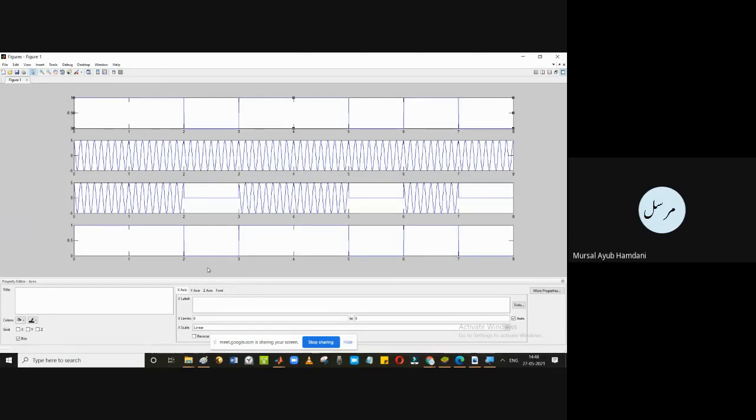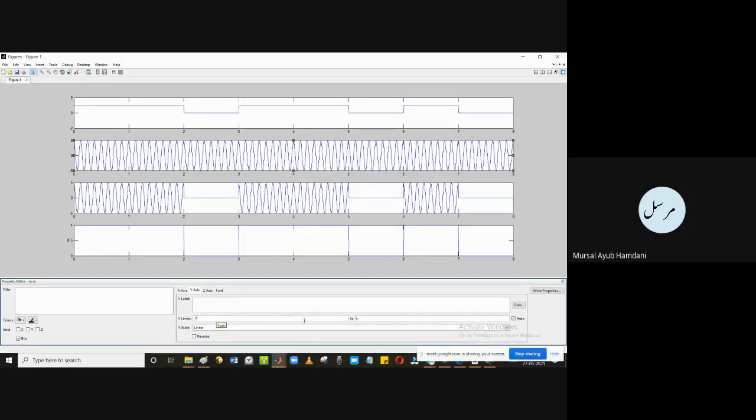The x-axis is from 0 to 8. It's okay. The y-axis, let me take it from -2 to +2. Then for this one, let me take it from -7 to +7.